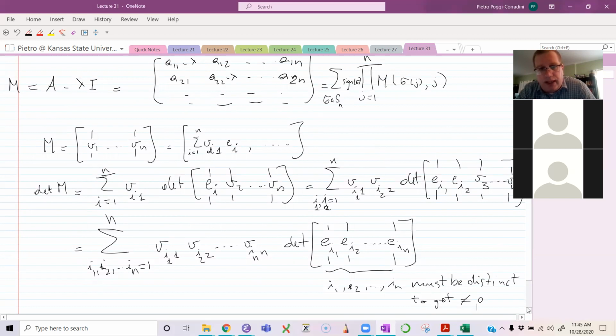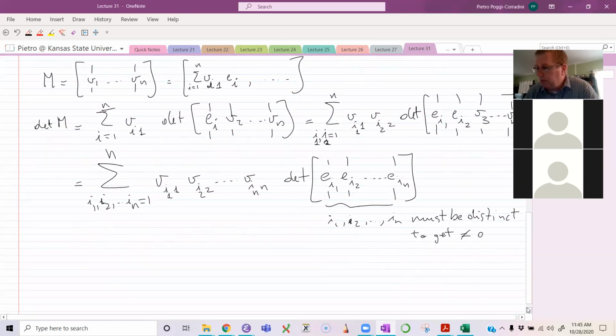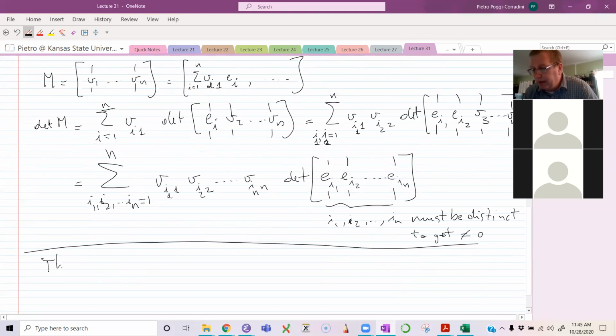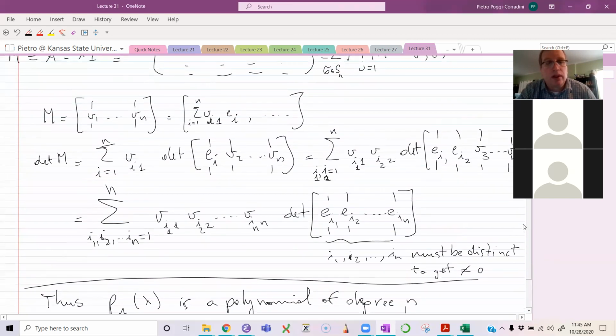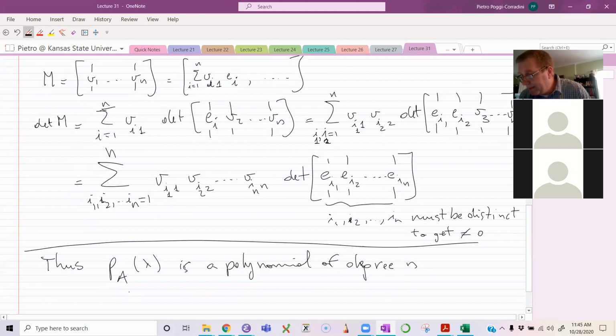And so that shows that this EA lambda is a polynomial of degree n, exactly n, because of course you can pick, when you do the determinant,